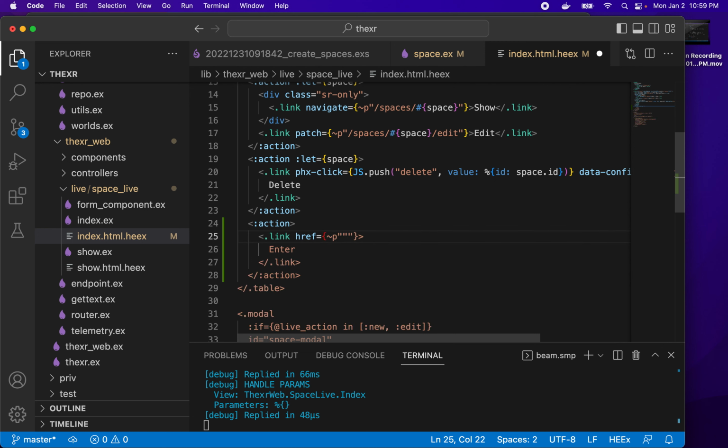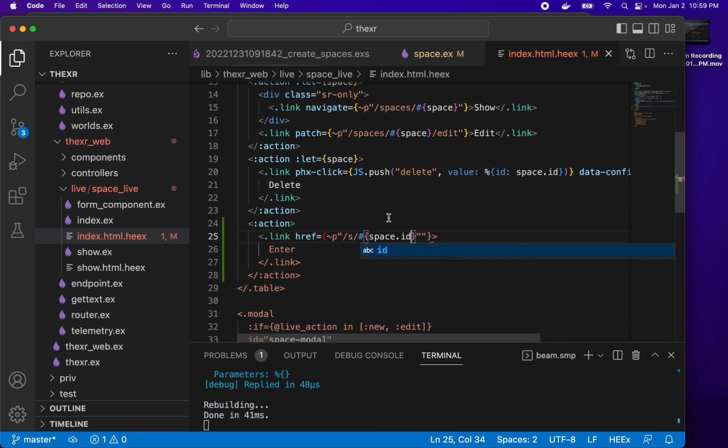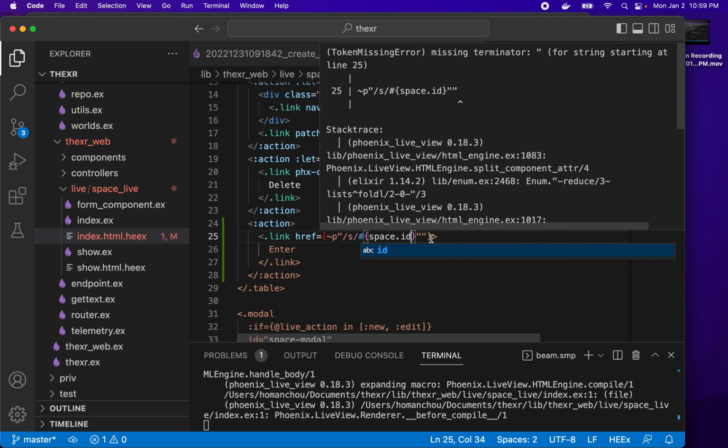Sigil P and the link, which is spaces. So I want to go to a static page. So I'll say S and then the space ID. And it will complain that,